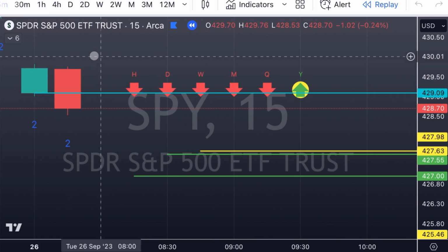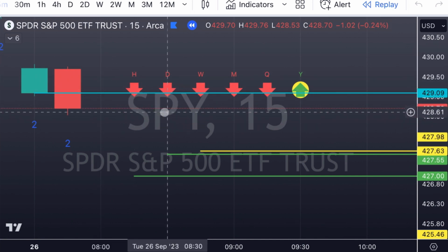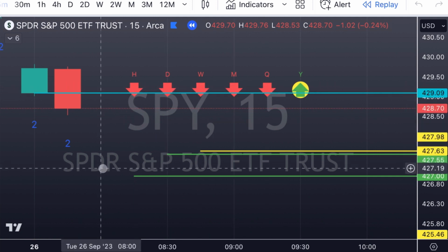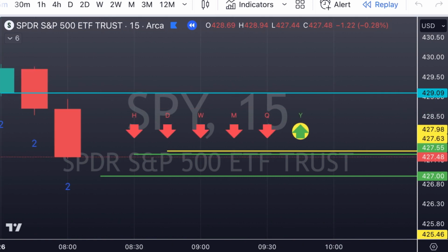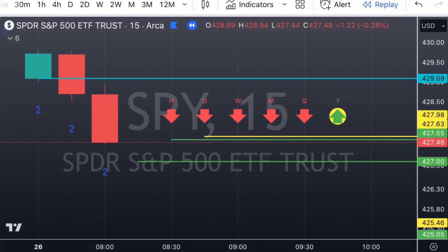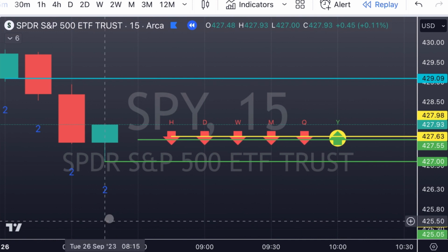So we are going to look for a two up and then a two down to come back into time frame continuity. We want to trade with this time frame continuity. So if we go to the next candle, there we go, we're still two down. And again, there's nothing to say that these trades won't work out, but this is not the strategy we're looking at. We are looking for candlestick reversals into time frame continuity as long as SPY isn't currently trading